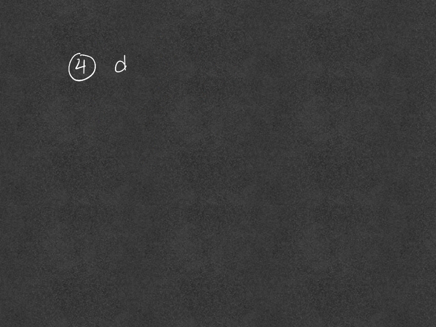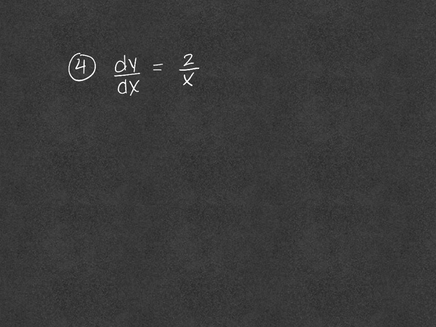So what if I give you example number 4 and I say, okay, my derivative is dy/dx, which is equal to 2 over x. Find my original function. So again, first thing, we're going to integrate both sides, adding a dx when we integrate